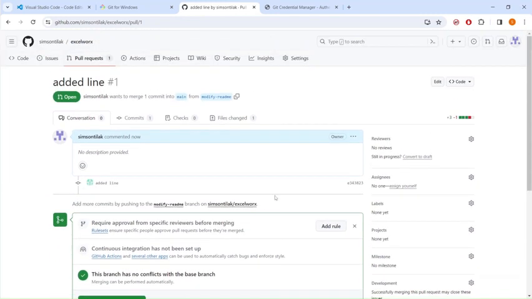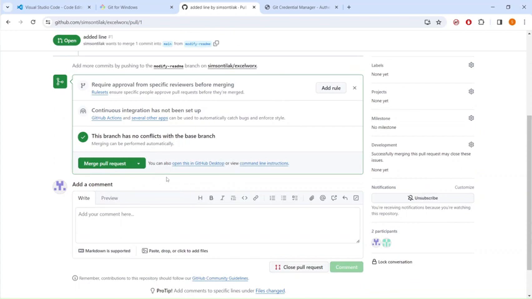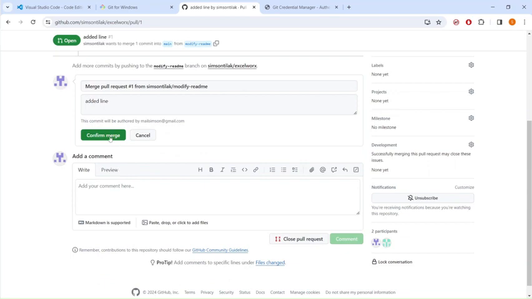Okay. So I created a pull request. Why do I create a pull request? When I create a pull request, I can tell everybody in my team that, hey, I created a pull request, so others will see it. And then we can set it up in such a way that only certain people can merge the pull request. That means when I click on merge the pull request and then confirm the merge,